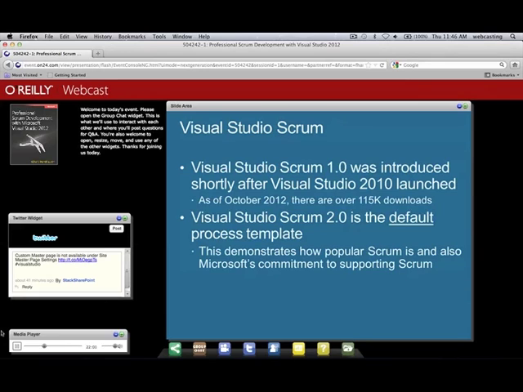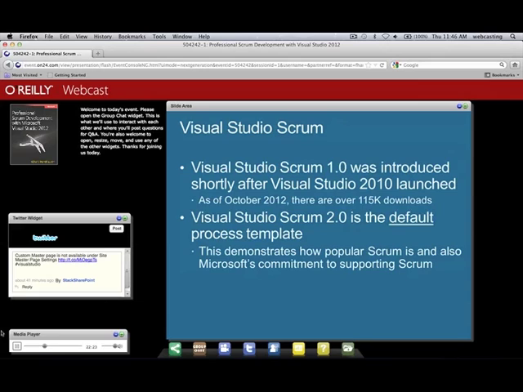Now, there had been a couple other Scrum process templates out there. The EMC, formerly Conchango guys, had one. It was very popular. It was Scrum for Team System. There were a couple on CodePlex, and I think even a couple other third parties had one. Microsoft stepped onto the scene. They created this Visual Studio Scrum template. It was very minimalistic. Didn't have all of the Agile planning worksheets, didn't have all the Excel workbooks and reports.